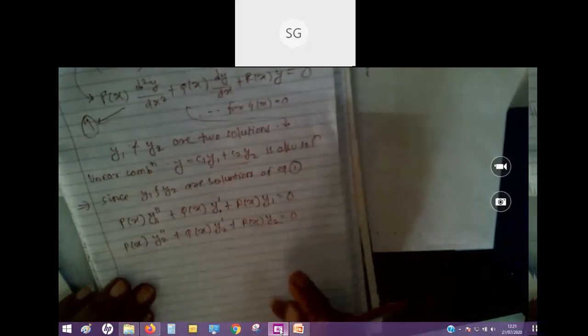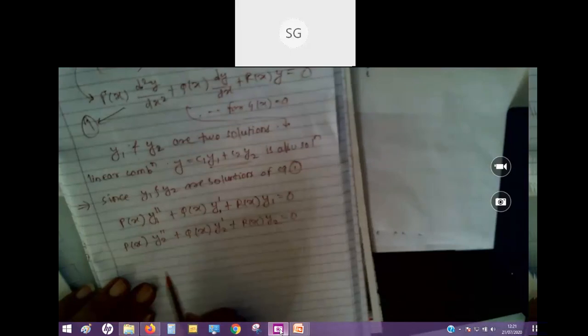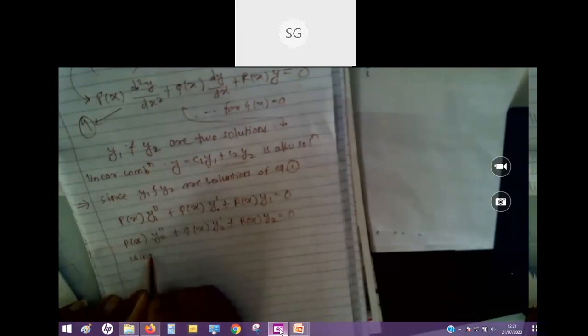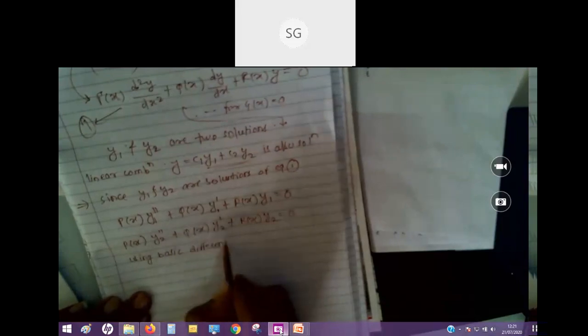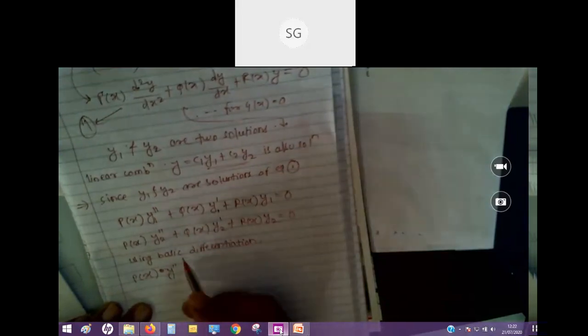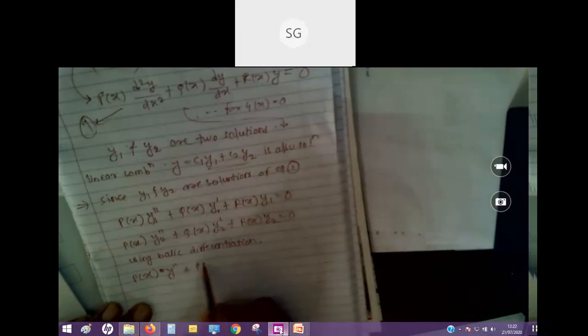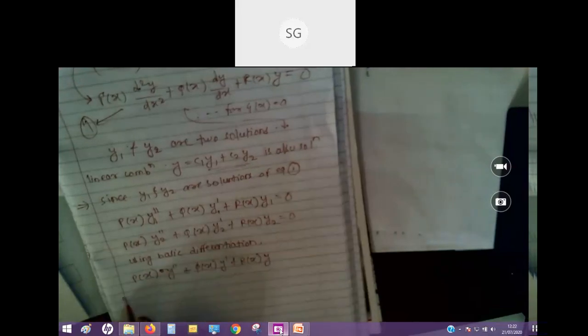But we have differentiation terms involved in this. That's why, using basic differentiation, what I can do is write p of x into, in general, y double dash. This is the equation that we have, right? d square y by dx square I can write in y double dash form, plus q of x y dash plus r of x y